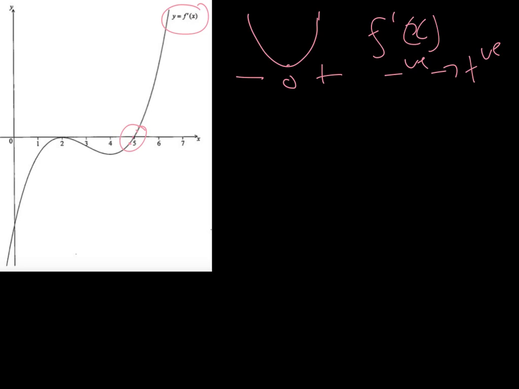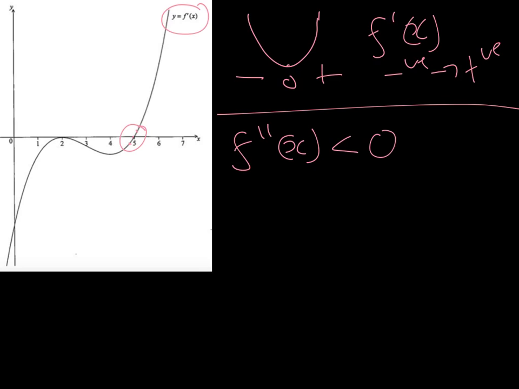For part B it says find the set of values for which the graph of f is concave down. Concave down is where the second derivative is less than 0. That's how we identify concave down. Bearing in mind we've got a graph of the first derivative, the second derivative will be the gradient of f dash x. So we are looking for where on the graph the gradient is negative, and we should recognize that the gradient is